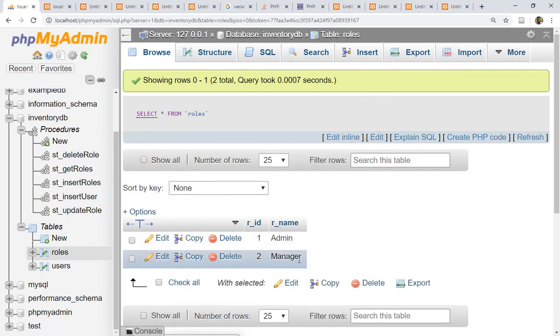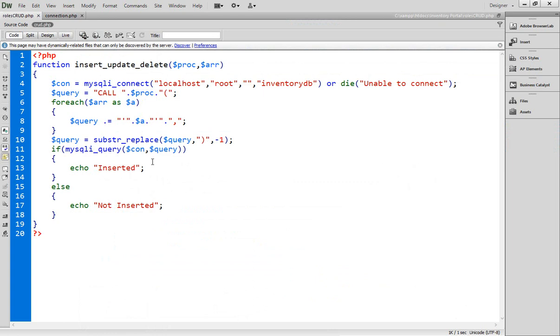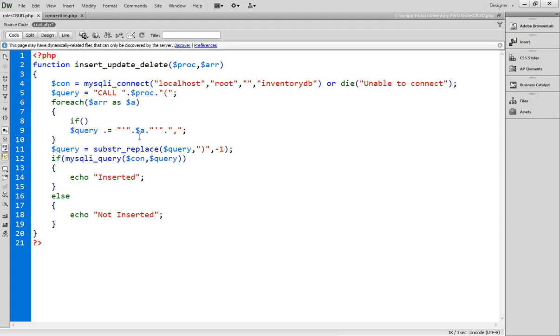You can see now data has been inserted successfully, guys, but here we can still face a problem. If we have numeric data, we do not specify single quotes when the data is numeric. Okay, so what you can do, you can specify here a condition